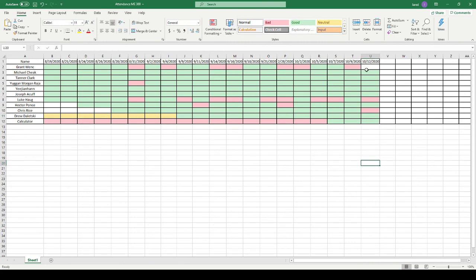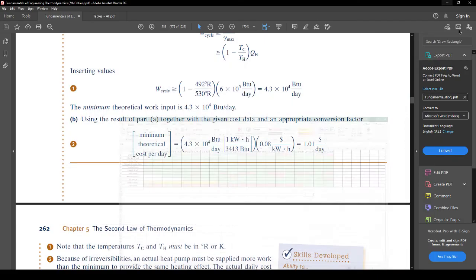Calculator was here today, and Grant not. So this right here is it. You guys are free to go. Let me go ahead and shut this